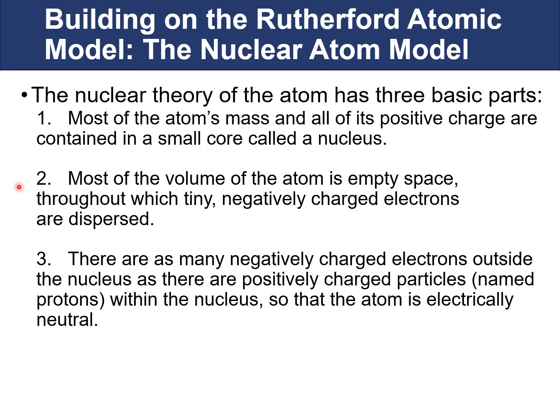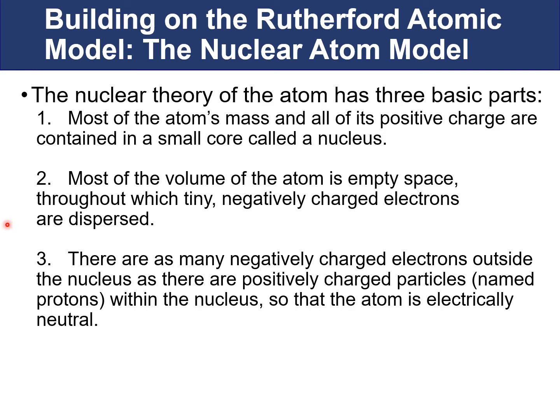Most of the volume of the atom is empty space, through which the tiny negatively charged electrons are somehow dispersed. This also is consistent with the previous ideas of Dalton, who said that atoms come in whole integral packets that react with each other to form molecules. It also agrees with some of the key parts of Thomson's model, which contain the electrons. And then, in addition to this, is the idea of empty space, which agrees with the experimental observation that the vast majority of the alpha particles were able to fly through the atom